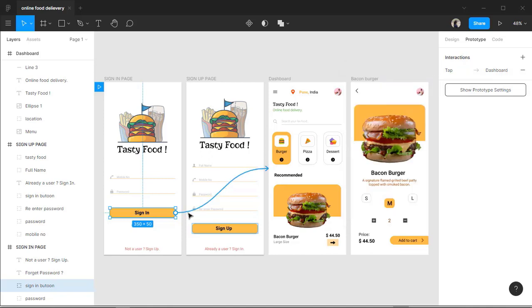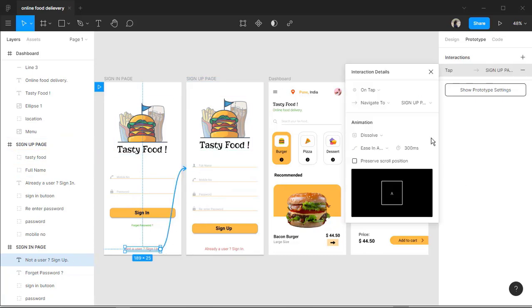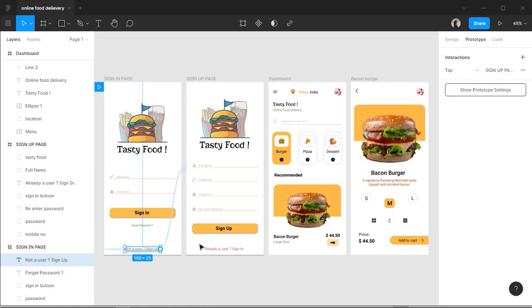And now similar to this interaction, we will create the other interactions. So if I click on this not a user sign up option, I want to display this sign up page. So let's create the interaction between them, and the interaction detail will be the same, so let's not change it.